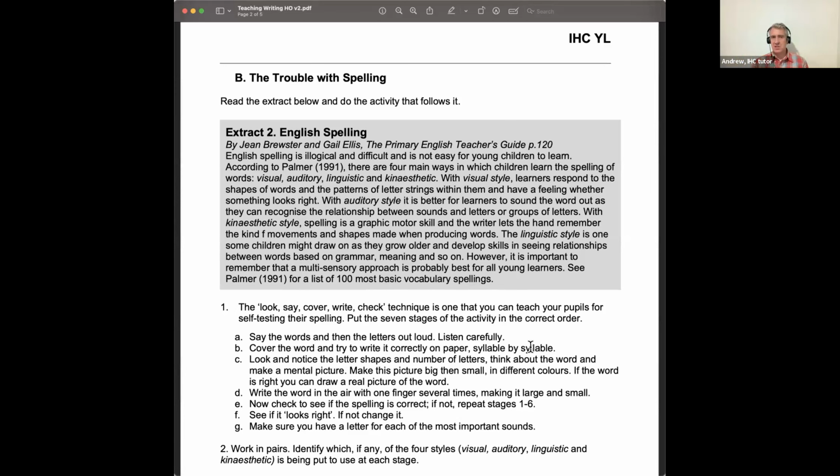Because it also makes us think about these learning styles. Yeah, we often hear about learning styles, and there's, oh yeah, it's all a bit pseudoscience. But actually, this is one good application, I think. So